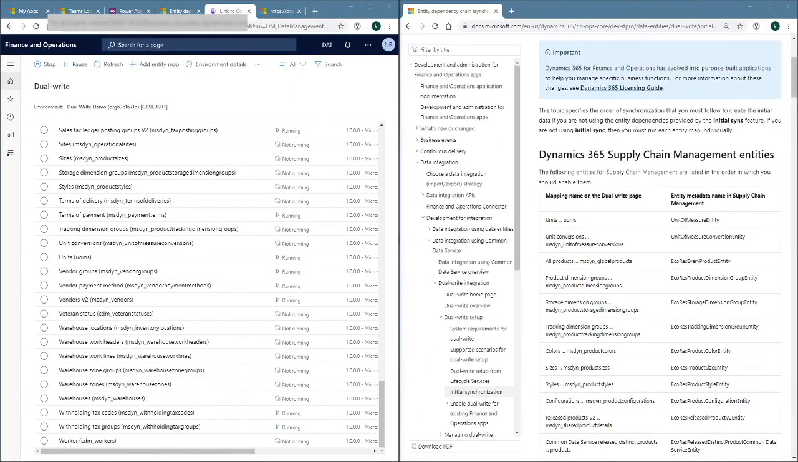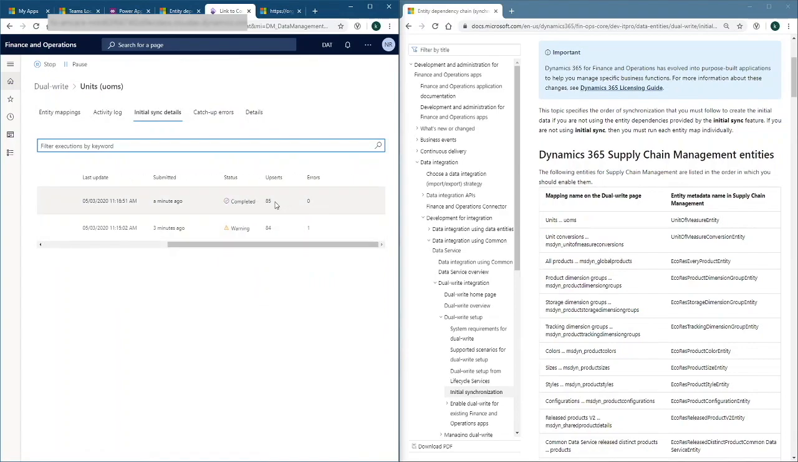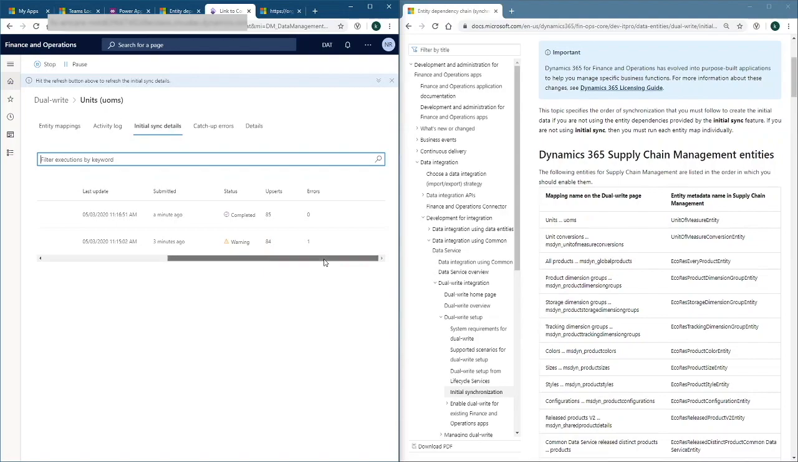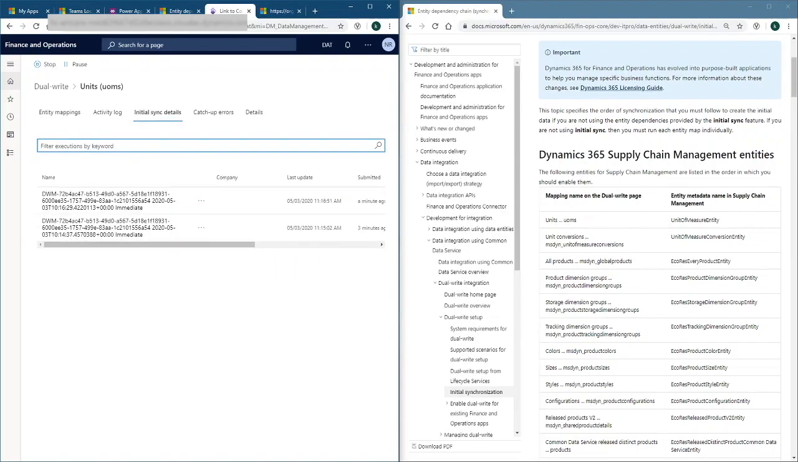So interestingly enough, I started up the first one, units, and it immediately failed. It had an issue with the Fahrenheit unit as it tried to work. So basically the reality was we reran the process, and as you can see here, if I go into it and I look at the initial sync details, we ran again. So we had 85 upserts this time with 0 errors. So as you can see, it's just one of those things. You just got to restart it in the first instance and then go again and hope it all works. So now we're going to continue with